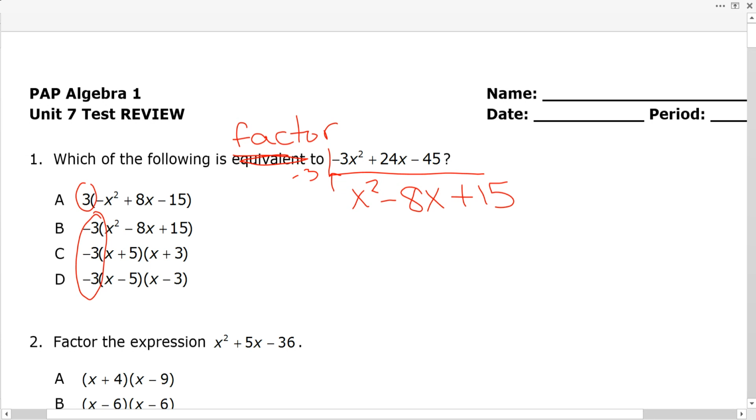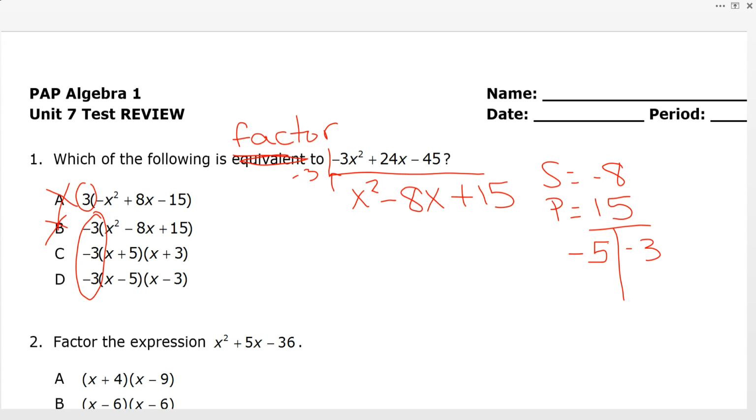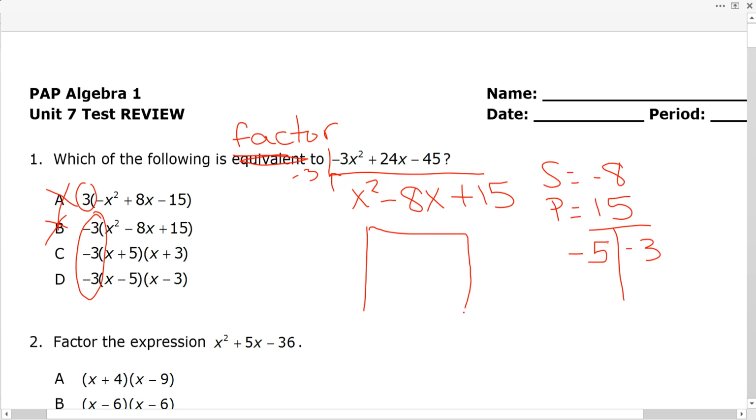So when you look at that and go, oh, look, B's the answer, B's not the answer because I'm factoring. So sorry if you picked B. My sum is -8. My product is 15. Things I can multiply 15 by are -5 times -3, which equals +15, and -5 plus -3 equals -8. So if I put those in my box,